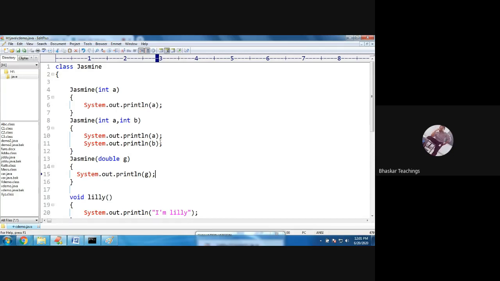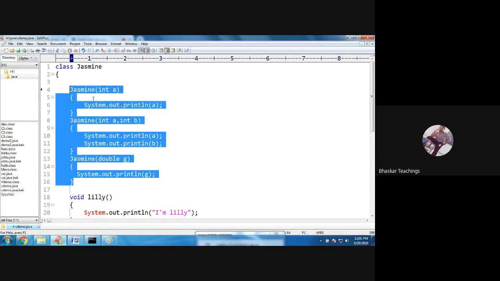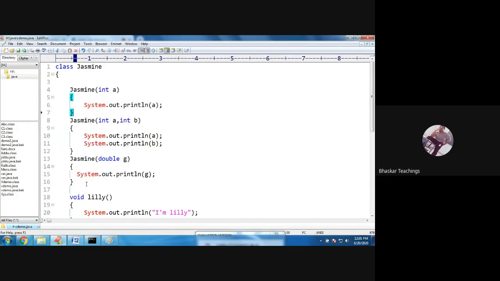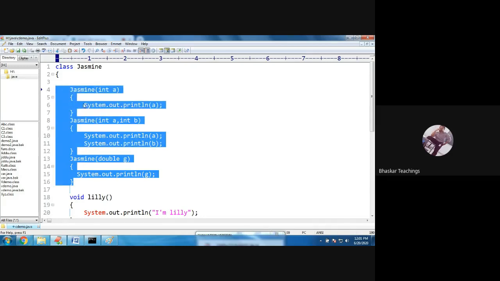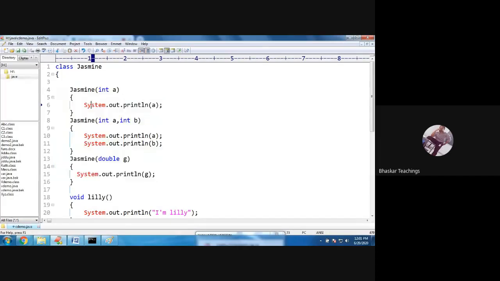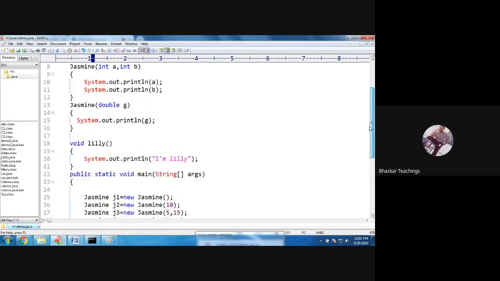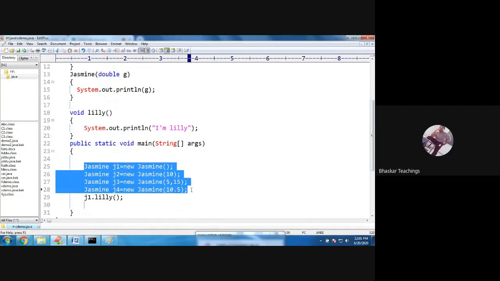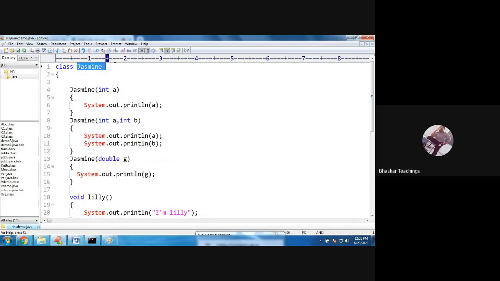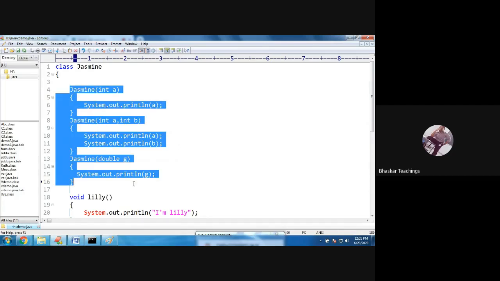But here I have three constructors, right? Then in this case, the compiler is not going to create a zero argument default constructor. During compilation, when you create objects, the compiler will search for constructors in your class. Yes, it found more than one constructor, not just one, it has three constructors.